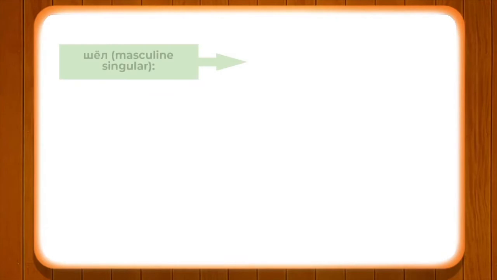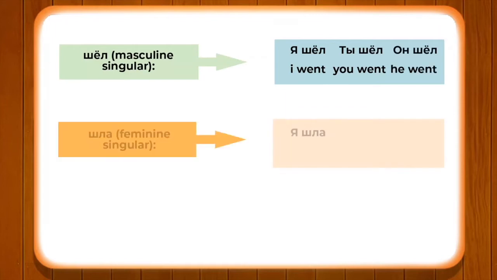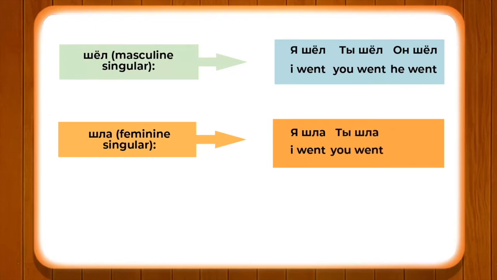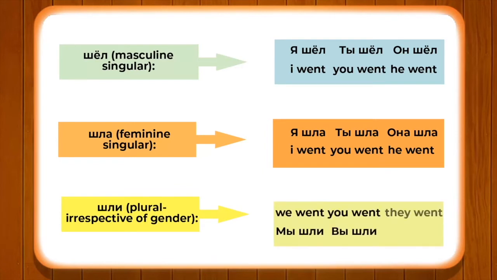For example, for шел: я шел, I went, ты шел, you went, and он шел, he went. So like this in the case of feminine gender as well. Я шла, I went. Then when a female says that she went, so я шла, ты шла, она шла. And for plural, they went: мы шли, we went, вы шли, you went plural, and они шли, they went. So like this, you can also prepare it and note it down in your notebooks in order to prepare yourself in advance for the глаголе движения.